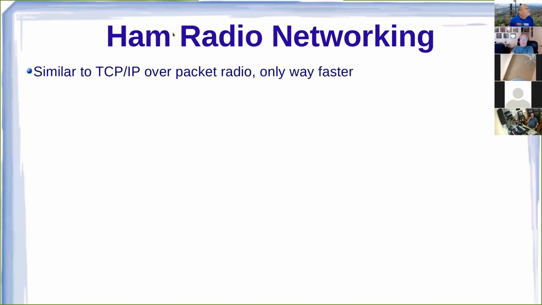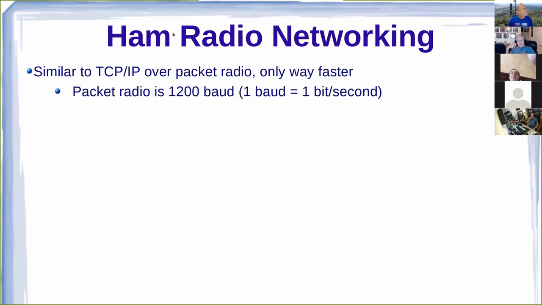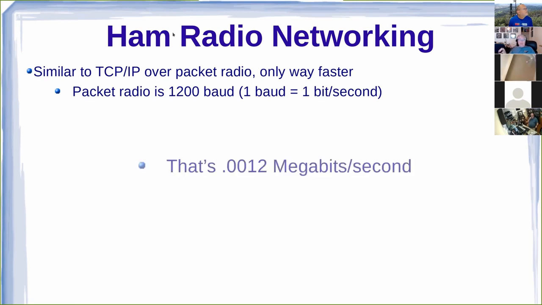So back in the days of packet radio, early packet radio, I don't know, 30 years or so ago, we tried running TCP/IP, the networking protocol, over packet radio. But packet isn't particularly fast, and when you add the 18% overhead of the Ethernet packets, it was just dog slow. I don't know of anybody that still uses it. It kind of worked, but it was just agonizingly slow. That's because packet is 1200 baud, and with the modulation scheme they use there, 1 baud equals 1 bit per second. And in modern terminology, that's